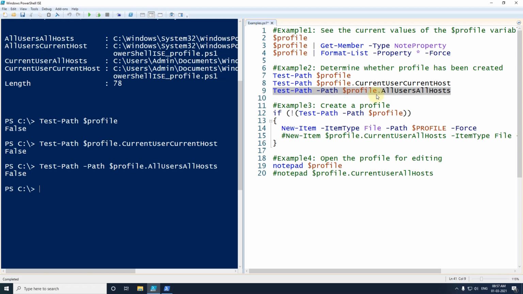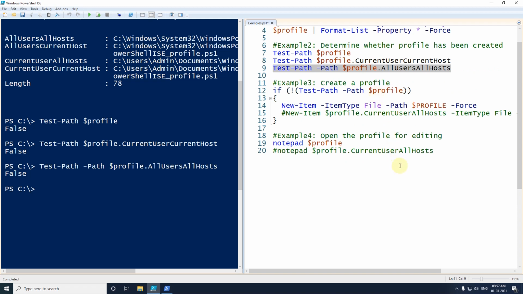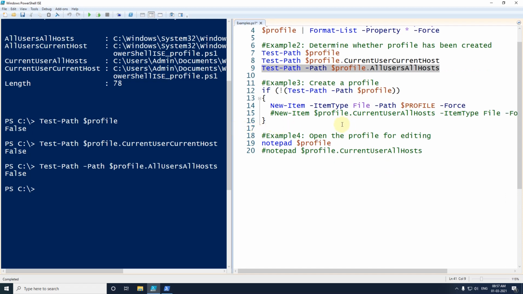This is happening because for none of the scopes has the profile file been created in our system. In case you want to create the file, and before that you want to test, so that only if the file is not there you create it, then you can put a check in. You can use an if condition with an exclamation mark and check whether the file is there or not.